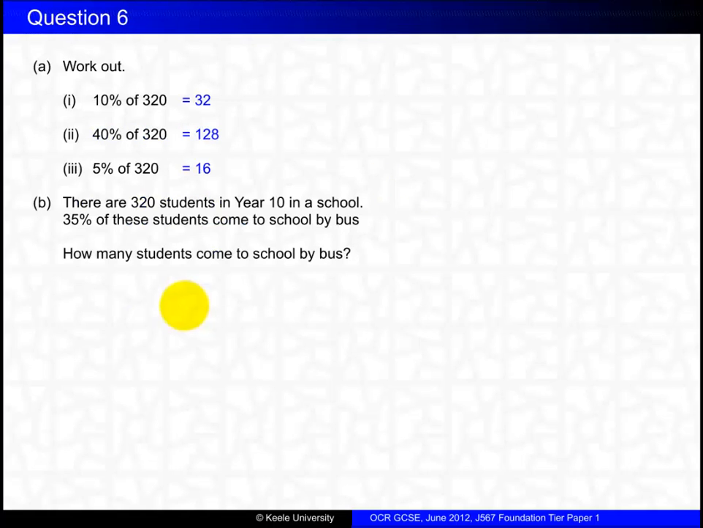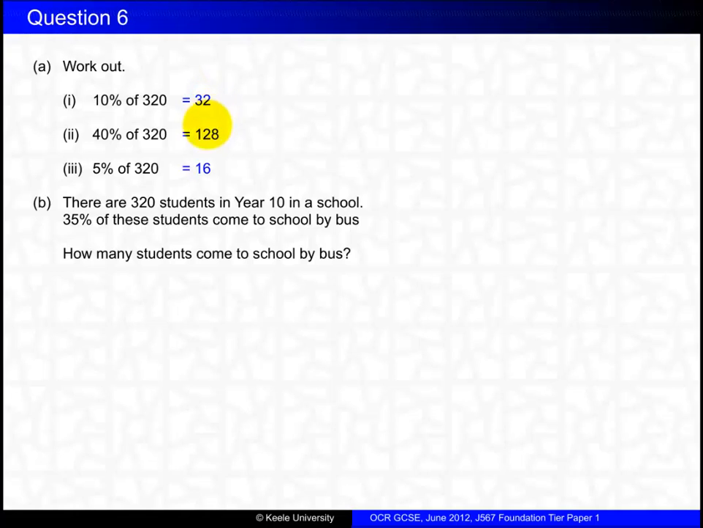Part B. There are 320 students in Year 10 in a school. 35% of these students come to school by bus. How many students come to school by bus? Whilst this question was generally well answered, most students started from scratch rather than using the answers they got in